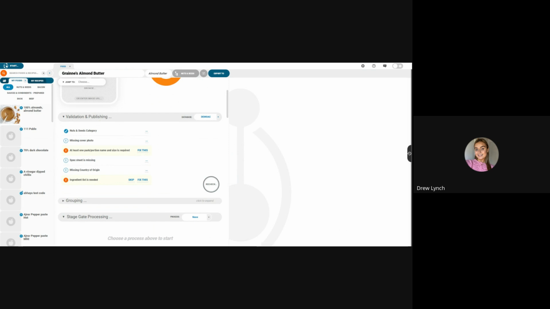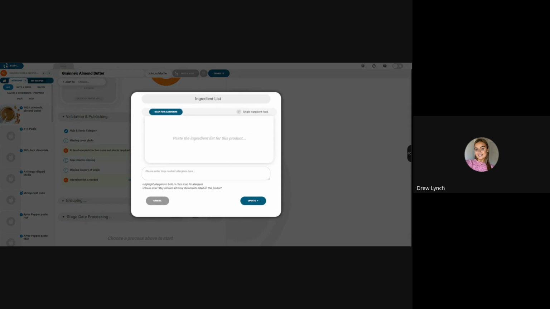Let's cover fixing or adding an ingredient list as an example. So click Fix This next to the warning for missing ingredient list. Or you can scroll down to the ingredient list tab and click the pencil icon. You can type or paste your ingredients into the box. For example, this recipe is 100% roasted almonds,